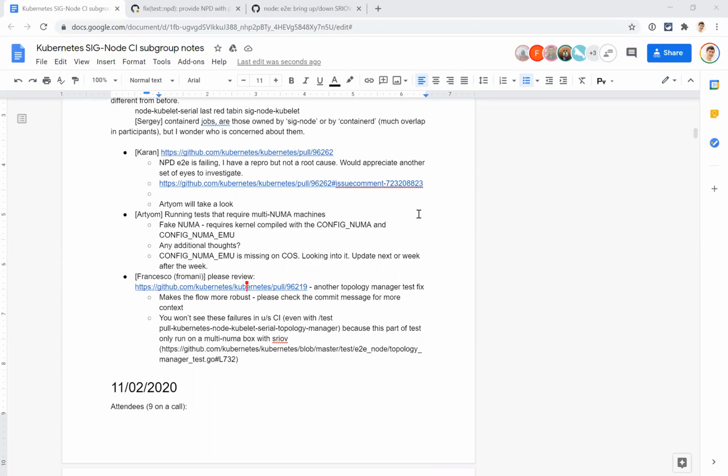Great, awesome. So, I contributed another fix which we found internally, and I think this fix also makes the test more robust, the test flow more robust and easier to follow. However,